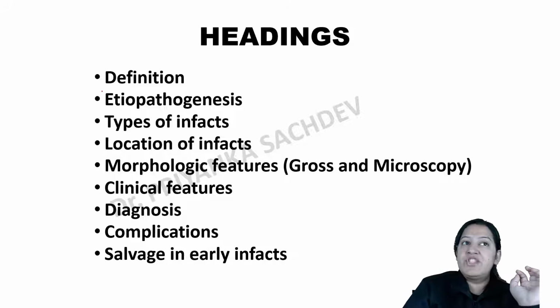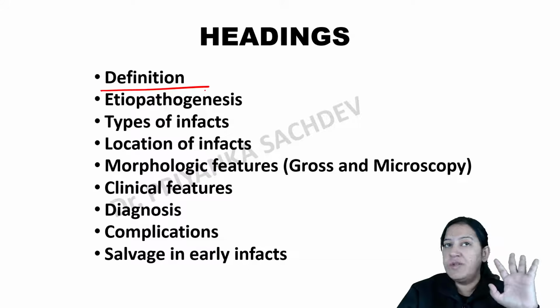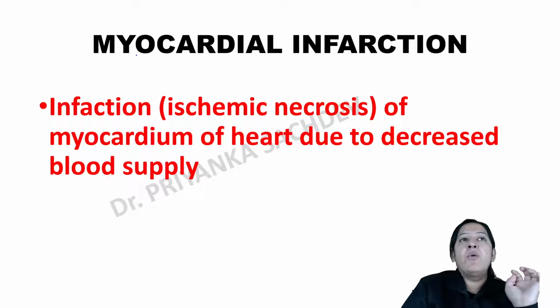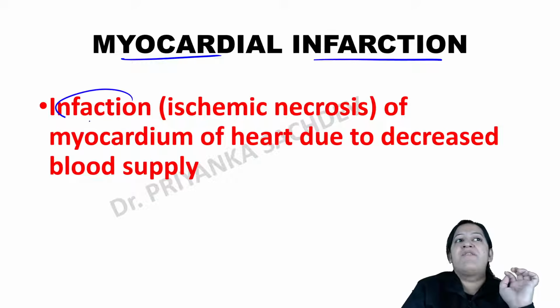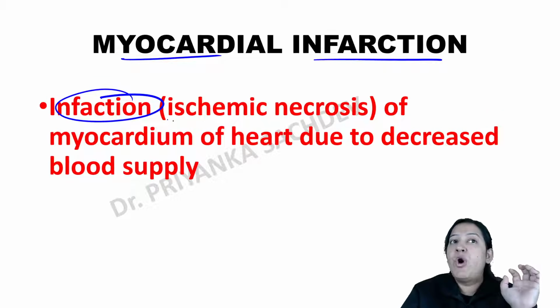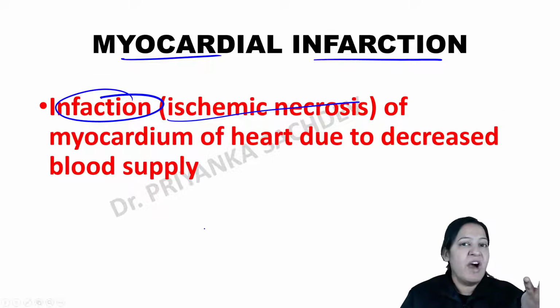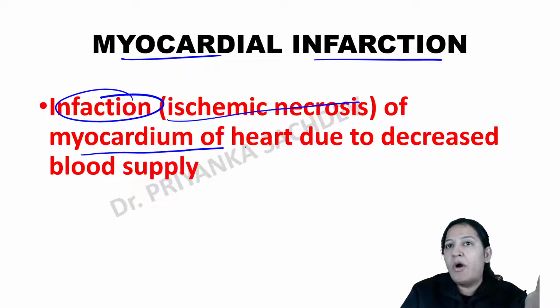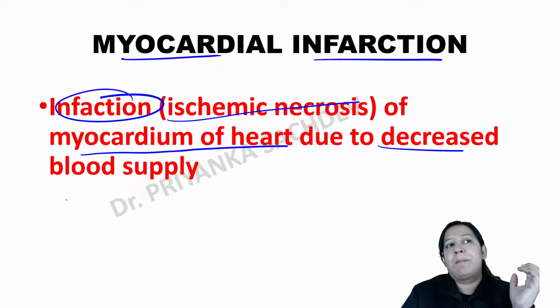You should know the definition of MI. First of all, you should know the definition. What is MI? Myocardial infarction. Of course, myocardial infarction is the infarction. You know, infarction means coagulative necrosis. What do you mean by infarction? The coagulative necrosis of the myocardium, that is the wall of the heart, due to decreased blood supply, due to obstruction